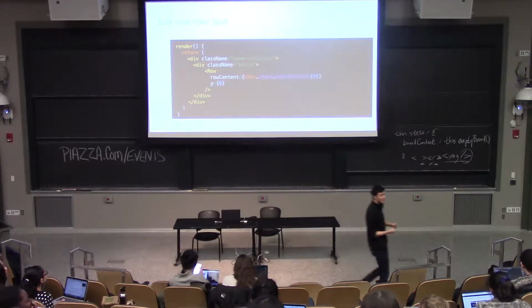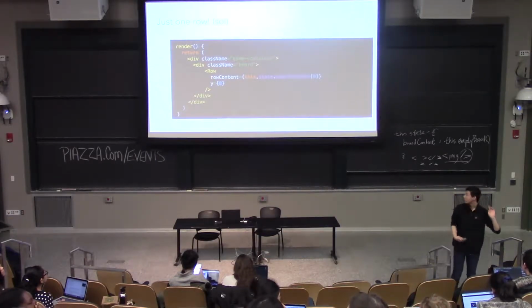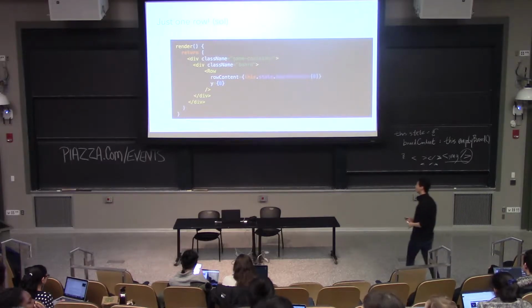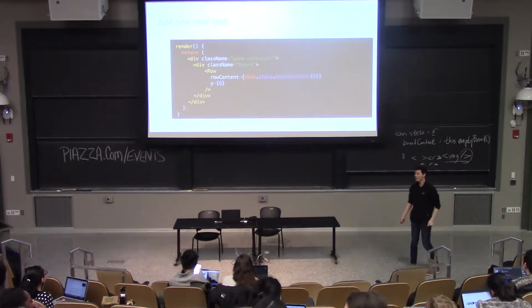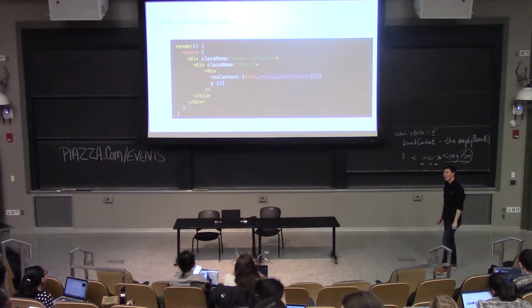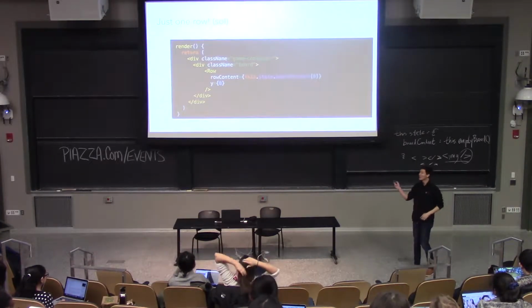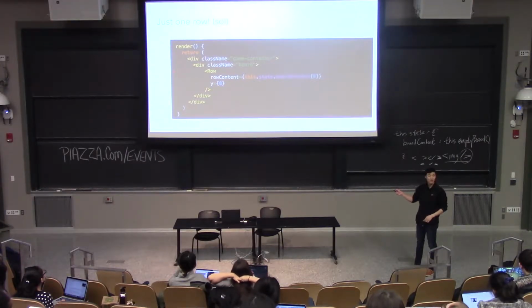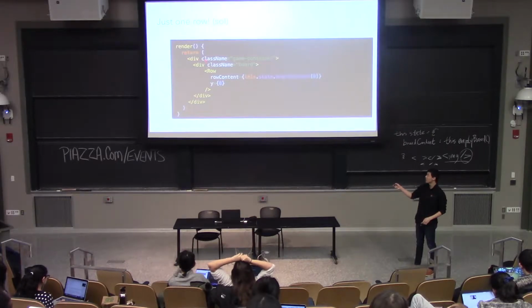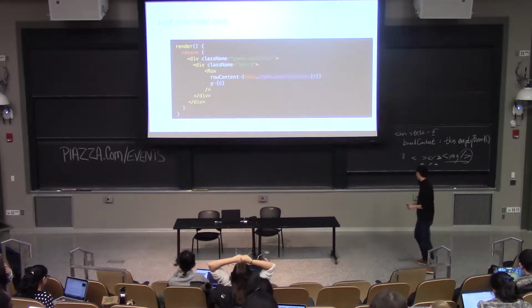Yes? Why didn't you do that with div? Why did we do it with div? That's a good thing to ask. Why don't we do it with div? The reason we don't do it with div is because there's something in between the div. There is a row that sits between these two divs. Whereas if we declare the row,